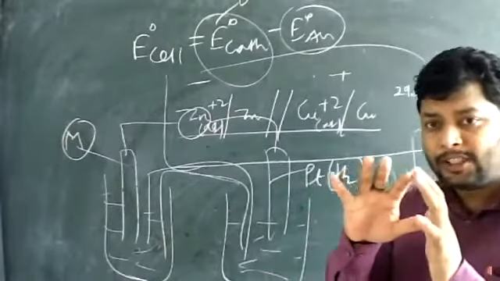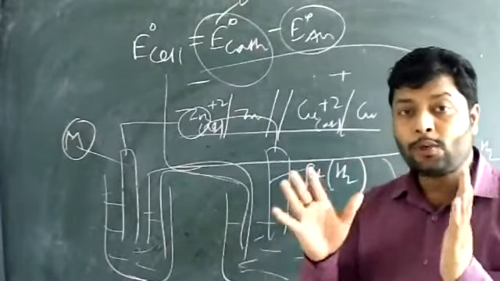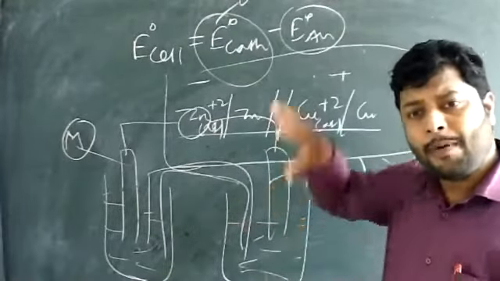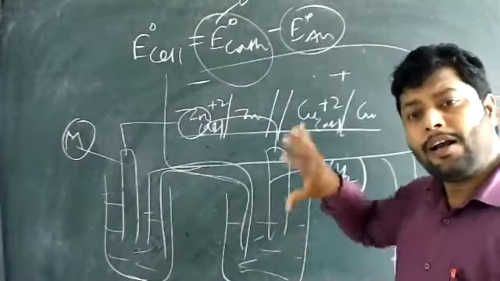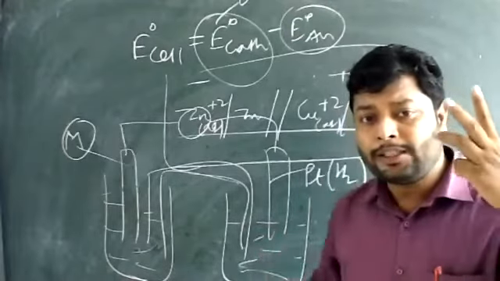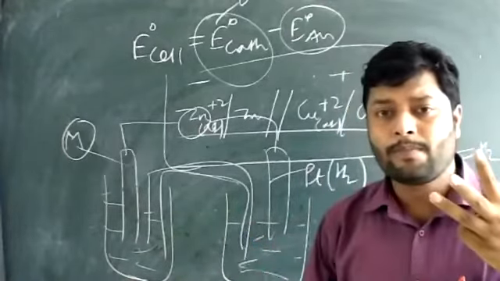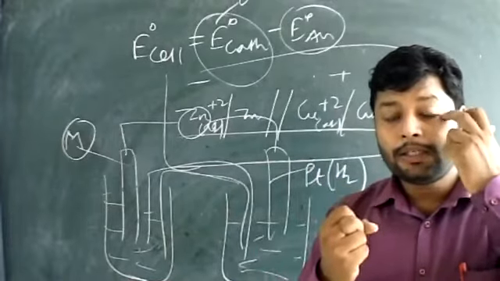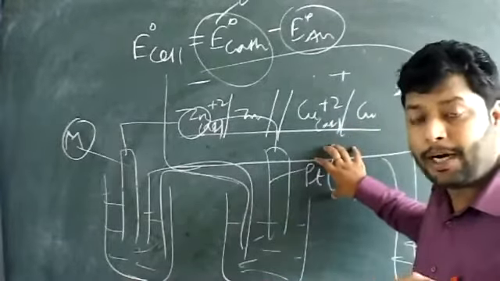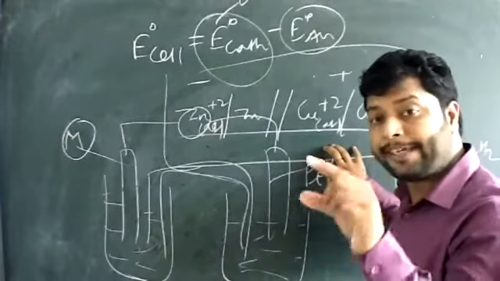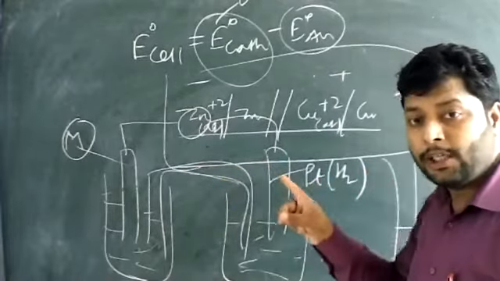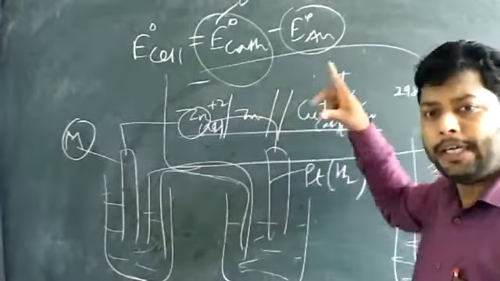So we are just going to compare the different electrodes given in standard condition. This is all about standard condition. The temperature will be 298 Kelvin. The pressure will be 1 bar. The solution molarity will be 1 molar. And we are just going to compare the different electrodes with the hydrogen electrode. The hydrogen electrode will tell us the sign convention and value of the other electrode which is connected to hydrogen, in anode or in cathode.